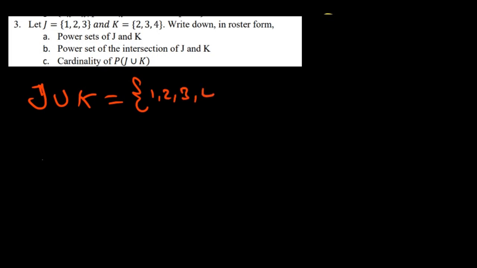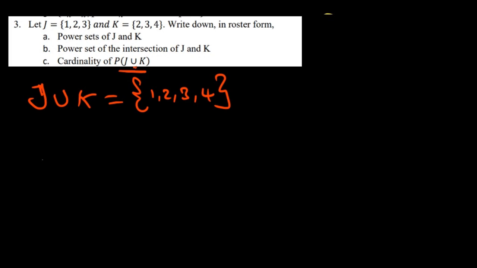Is that set J, I mean, not set K. Okay, so the set J and the set K there. All right, so let's find the union. So we're going to say J union K is just going to be equal to {1, 2, 3, 4}. Okay, so to find the cardinality here, the cardinality simply means the number of subsets of this set